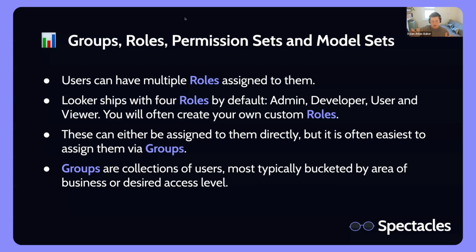So maybe it's admin, developer, user, viewer, and other, just purely access level groups in between those as well. Mapping those groups to the different areas of your business is all going to depend a little on what roles you have, how those roles affect the access to data that they should have, and flow from there. But as much as possible, we'd recommend thinking about this from a group's point of view